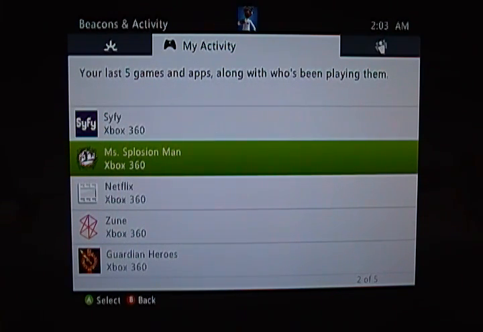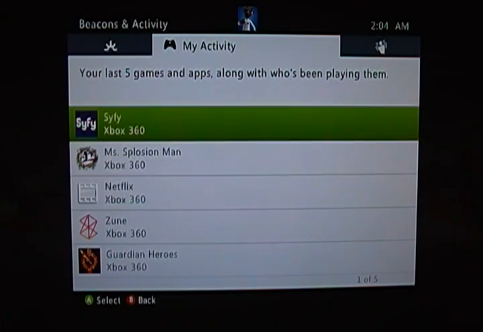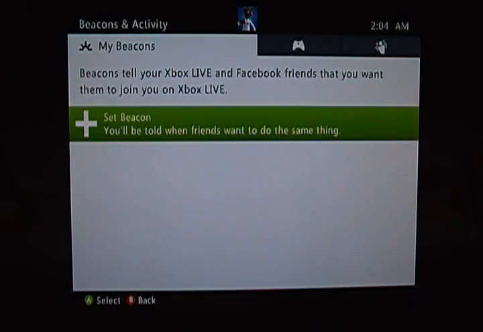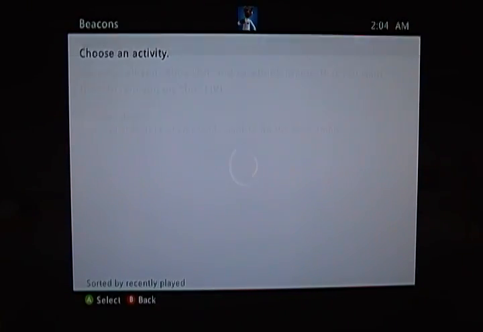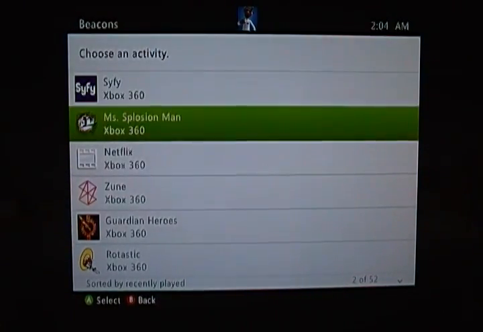It would tell me, and then I would say, well, since they played Missplosion Man recently, maybe they want to do some Missplosion Man right now or very soon, and I'll be able to set a beacon for that with that person if I wanted to. But since I can't, let's just go over to my beacons, and then I can set a beacon that way, and then I set a beacon for Missplosion Man,